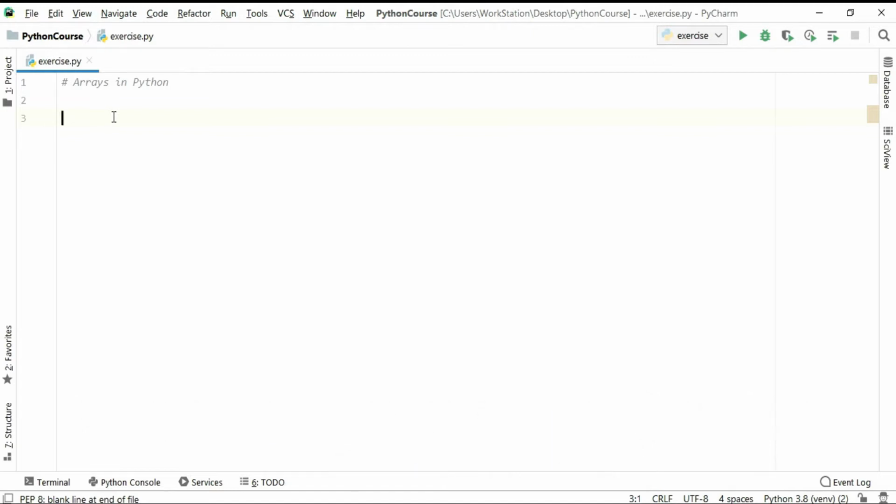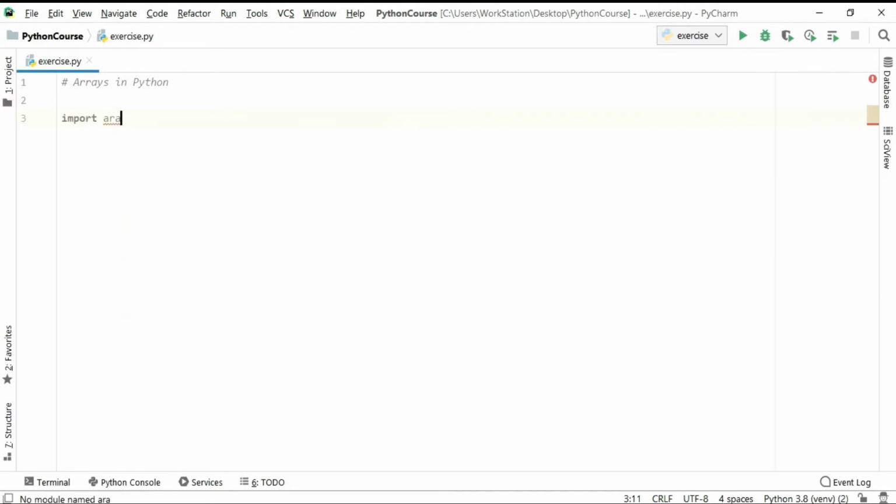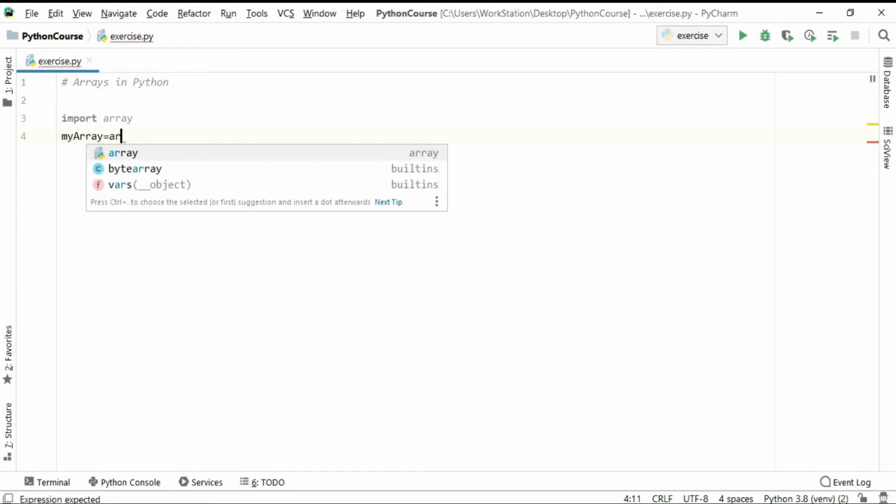To use arrays in Python, first we have to import the array module, and it comes built in with Python 3, so you don't need to install any array package. So let's first import it. Import array. So now over here I'm gonna say my_array equal to, and now let's call the array